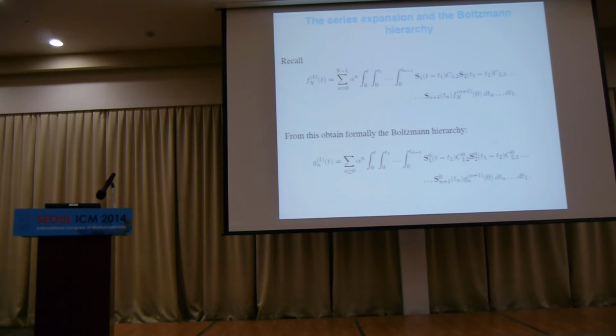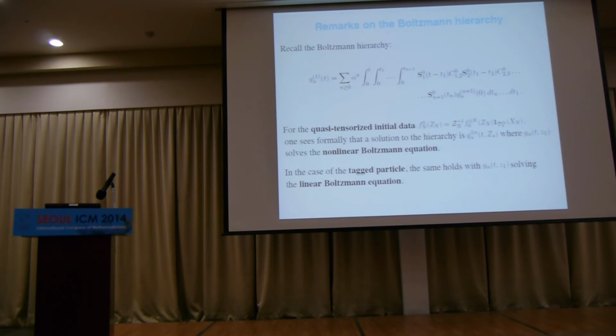We have several things to prove. Of course, we have to prove that this is true, so that this f_N^1 converges to g_alpha^1, which satisfies this. And the other thing we have to check is that the Boltzmann hierarchy has anything to do with the Boltzmann equation. Right? We just know the Boltzmann equation, and now I have just a series. I don't know why this is supposed to look like a Boltzmann equation. Well, again, all this depends only on the initial data. This series is just telling me how the system is evolving. Now, the initial data is going to tell me what the solution looks like.